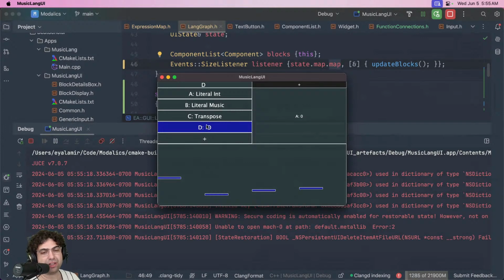Okay, so I need to think of this more fundamental problem of the way things are connected, because I need a way for these inputs to be exposed in scope but not show up in here. That's really, I guess, the gist of the problem.